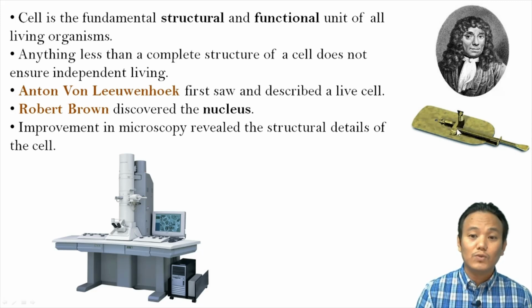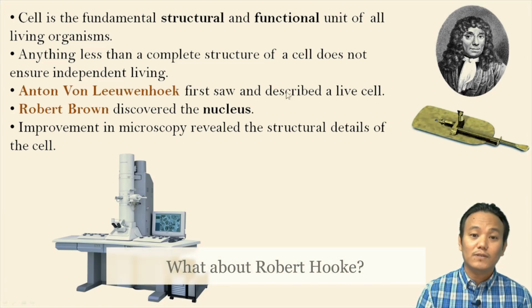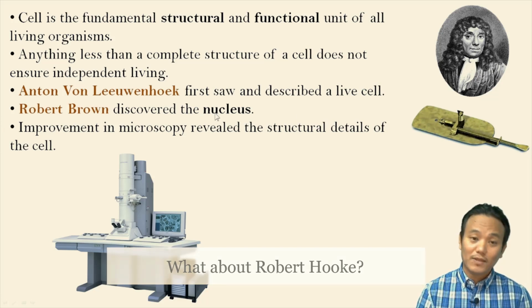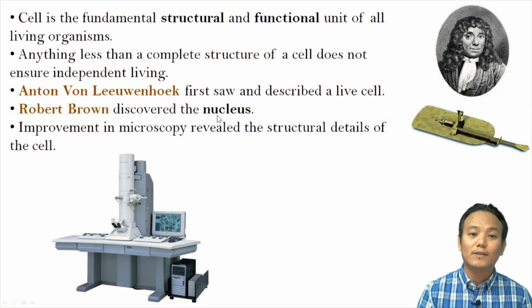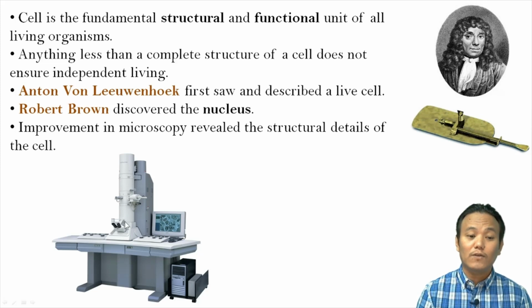Robert Hooke used the microscope to see cells, so he gets the credit of first seeing and describing a live cell. Then Robert Brown discovered the nucleus in the cell. Robert Brown, then microscopy got improved, and with the invention of electron microscopes